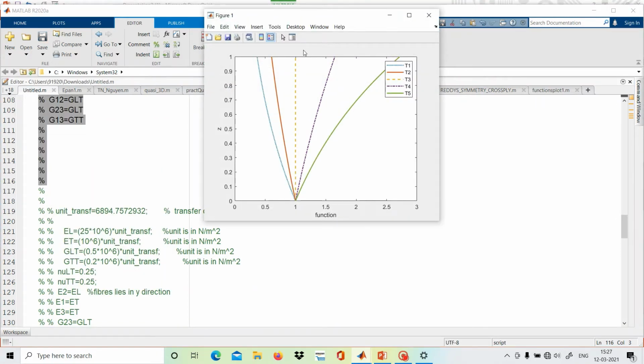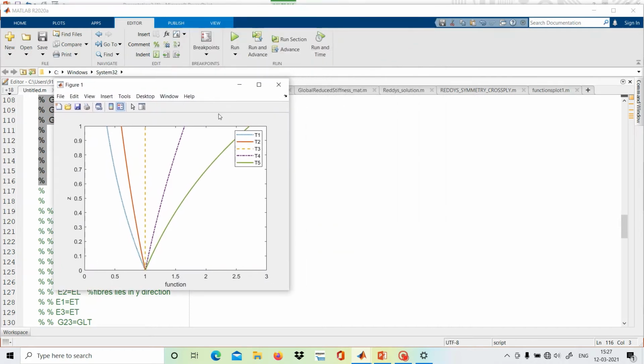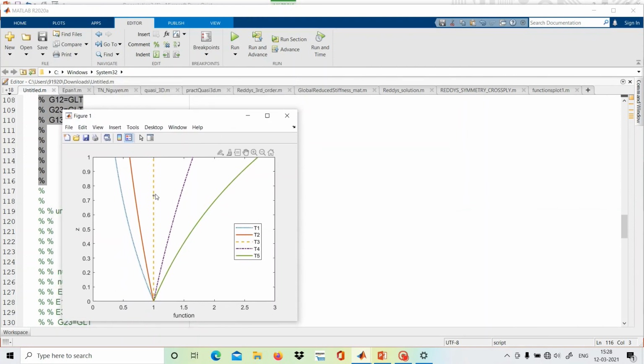Okay, so we can see the function here now. The legend shows that the first one is this, the first function; the second function T2 is this; the third function T3, T4 and T5. The T1 was corresponding to eta equal to minus 1, so this value is corresponding to minus 1, then minus 0.5, then 0, this is the function corresponding to 0, plus 0.5 and plus 1. These are the functions, and here on the z-axis the z value is written. So in this way we write the command in MATLAB and we plot the functions. So thank you.